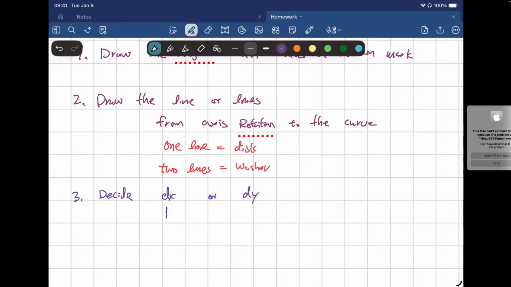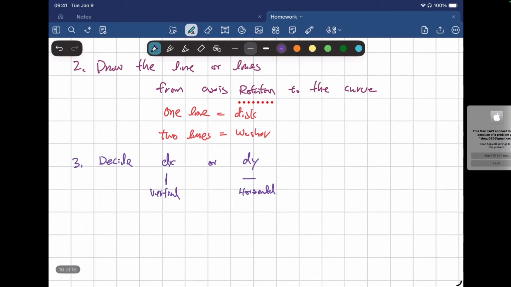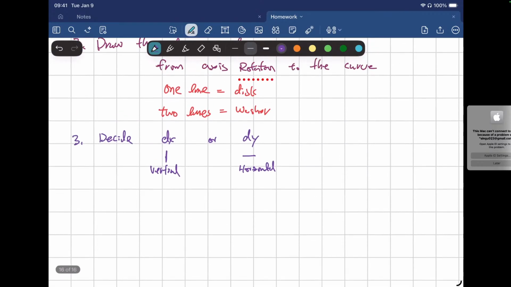If it's a straight vertical line, that's usually dx. So vertical. And if it's horizontal, it's dy. Now, once you decide dx or dy, you need to convert the function in terms of dx or dy. So if you got dx,